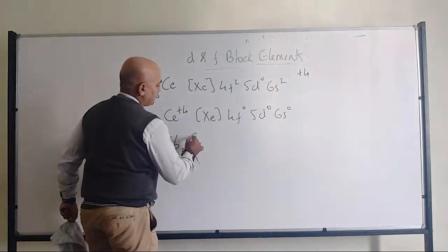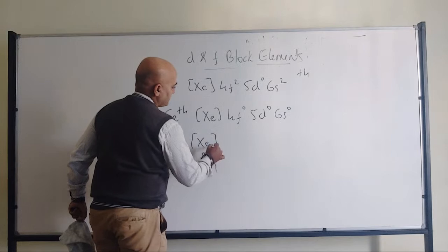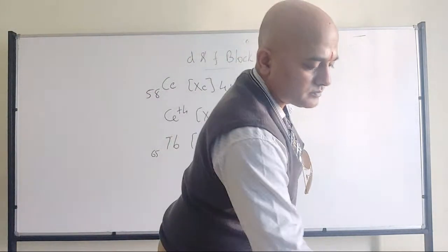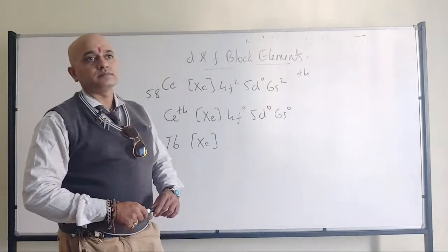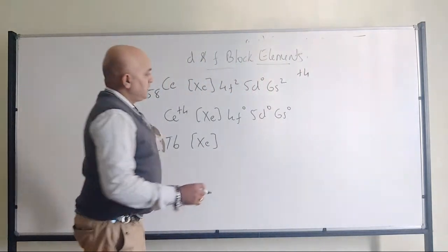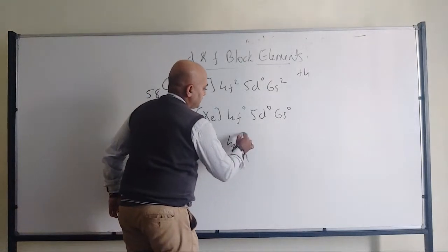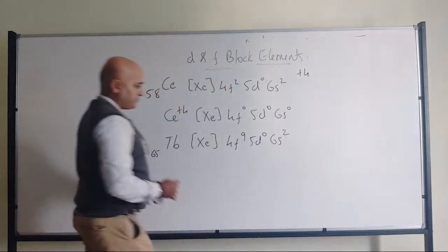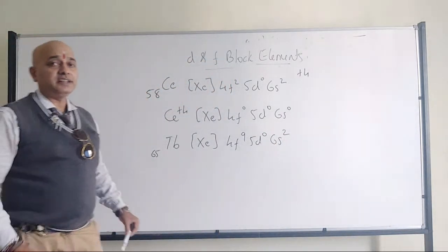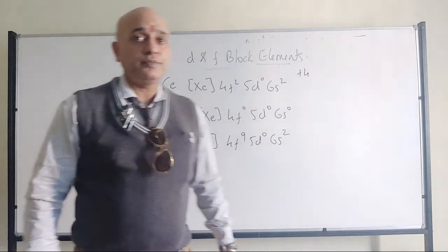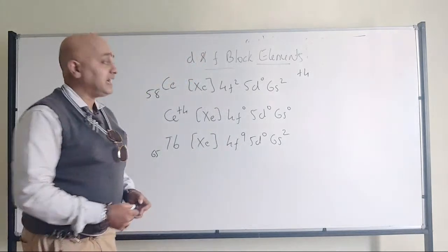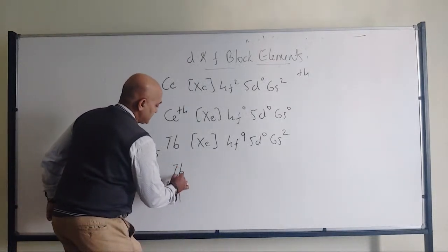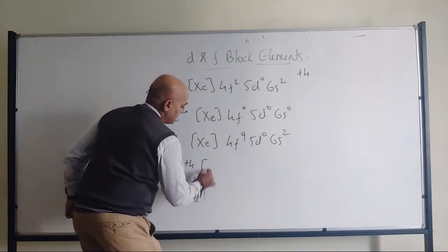What should be the electronic configuration? It will be 4f9, 5d0, 6s2. So therefore, it can have the +4 because by having the +4 oxidation state, now